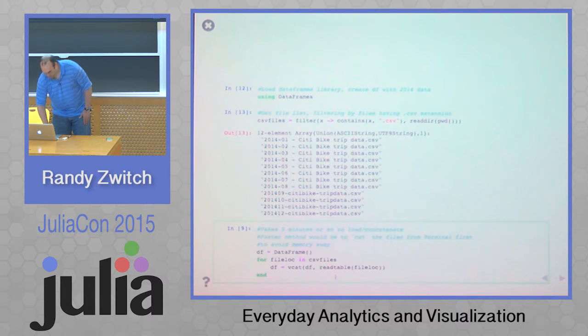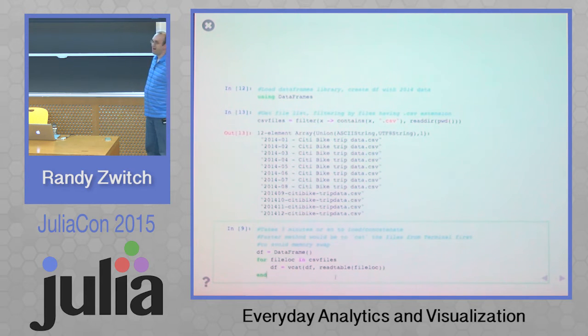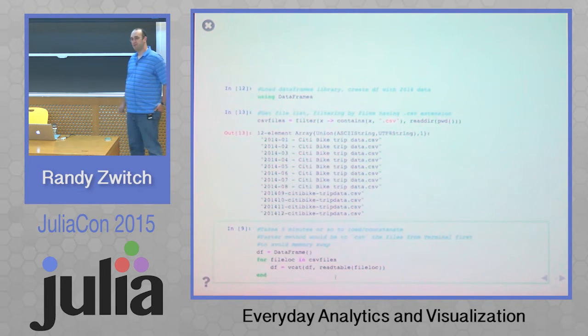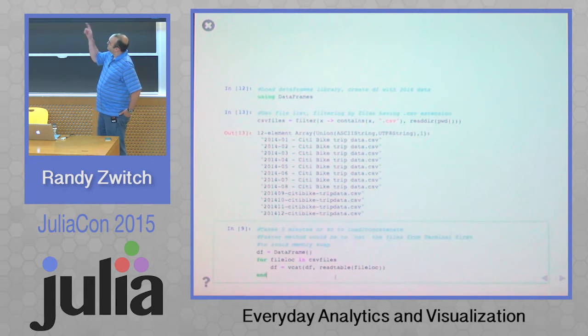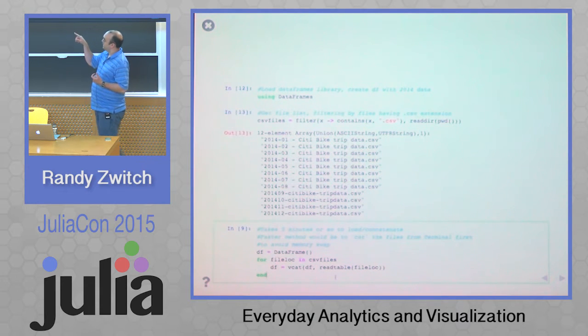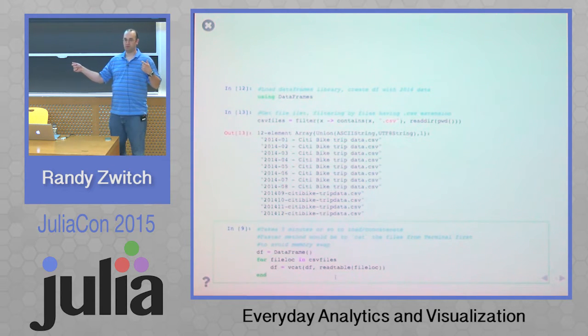Okay. Now, this is an extremely wasteful operation, but this is one way that you could build a data frame from all 12 of the files. If you run this, it's going to take approximately 5 minutes or so. It's a very naive way to create a single data frame, and it's very wasteful from a memory perspective, as every time you loop through this, the data frame gets copied. So on the first time through, it's not a big deal. The first file gets read in, a data frame gets copied. But because we keep renaming on top of DF, DF stays in memory while the next one is loading.